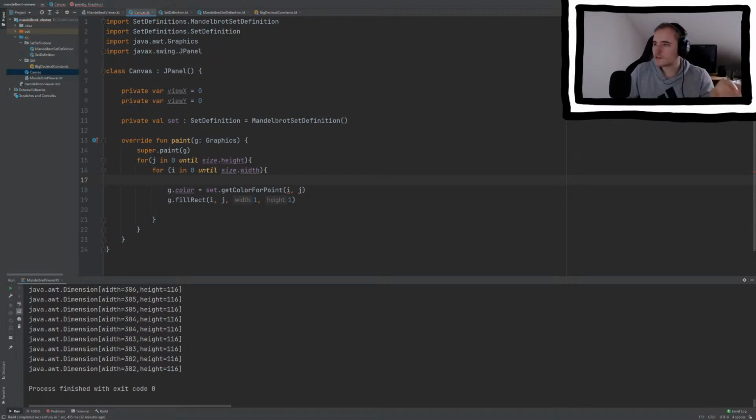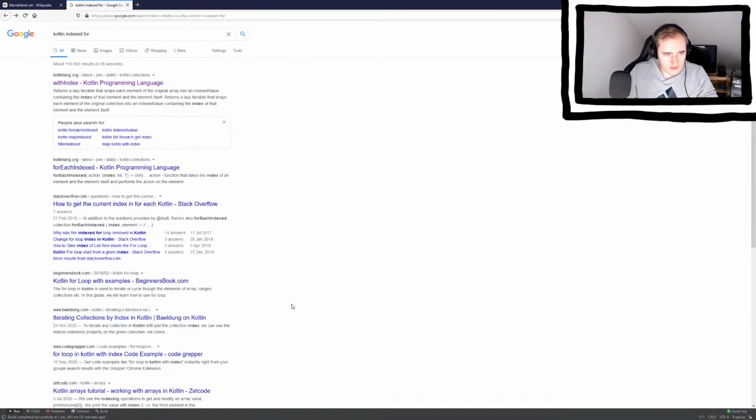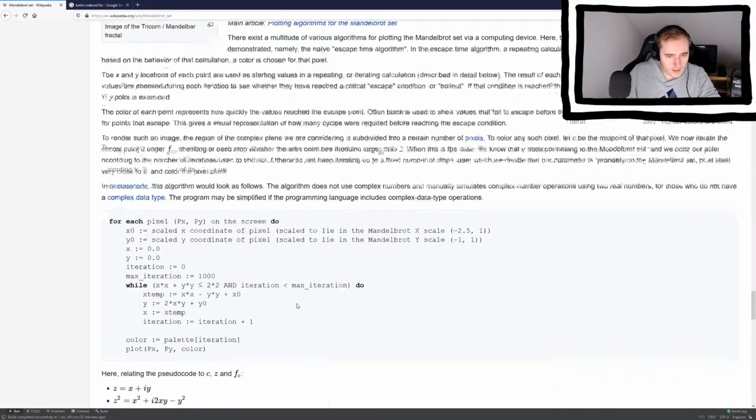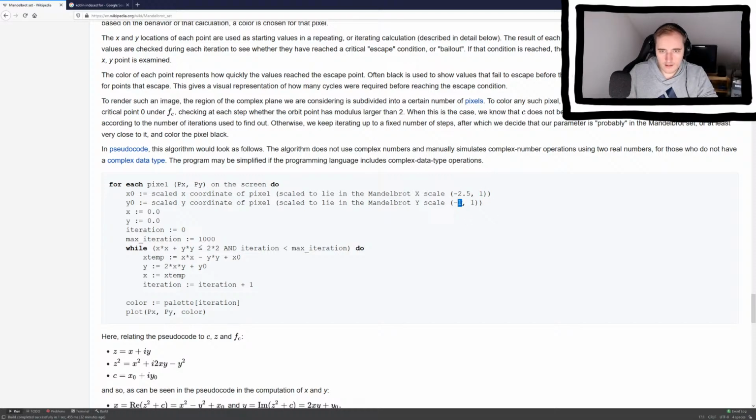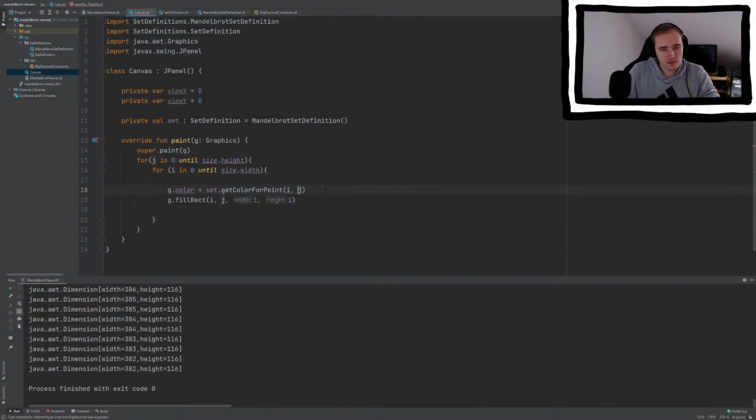Oh yeah, right. It goes from -2 or something. It was in the Wikipedia article, so yeah, it goes from -2.5 to 1 and from -1 to 1. So let's scale that. We need to scale it to a value between something. There's probably a library function for this, but go ahead and just get i